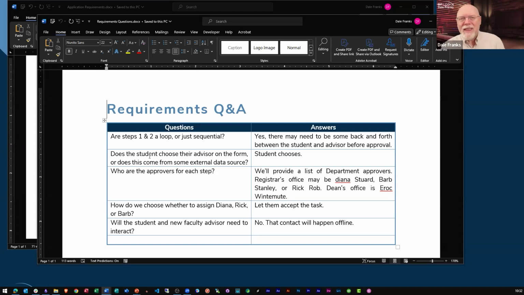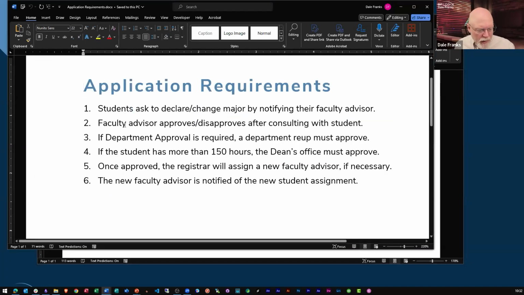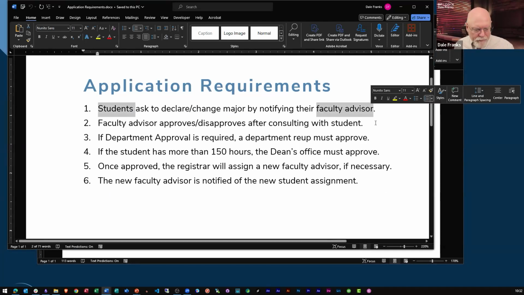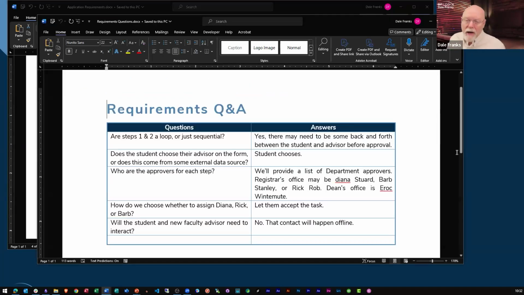How do I make that connection that is specified here in item number one between the student and their faculty advisor? How does that linkage occur? I could think of a couple of different ways that I might do that. I've just given you two. We need to know about that. Now, in this case, the answer is the student chooses.